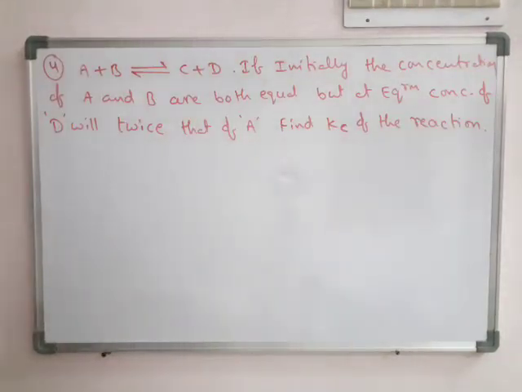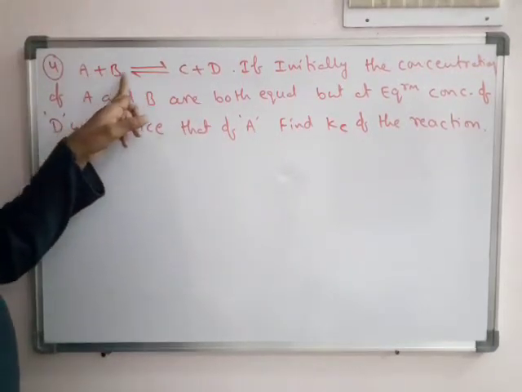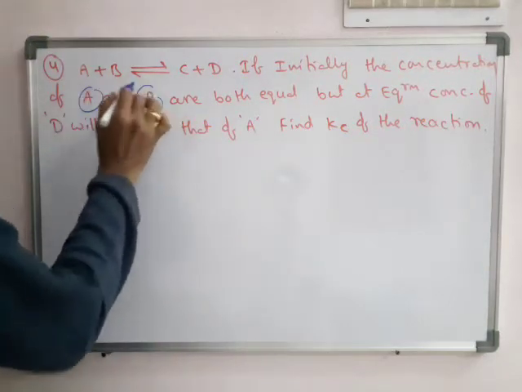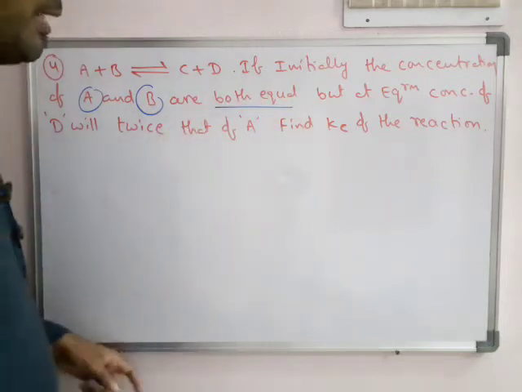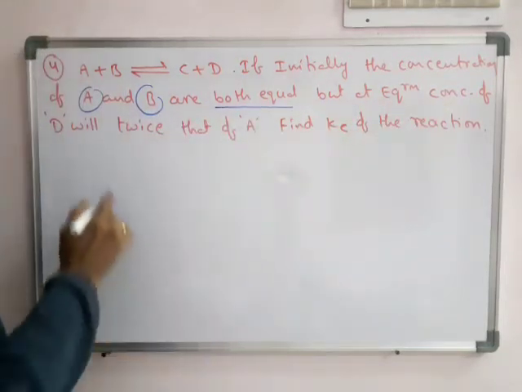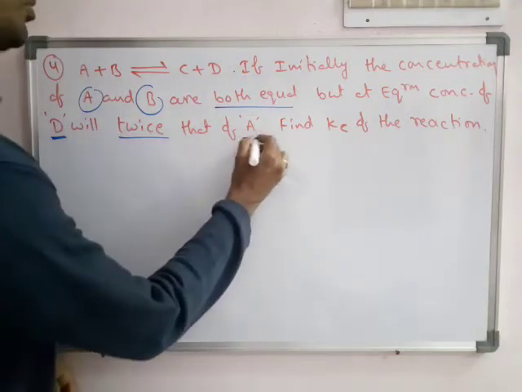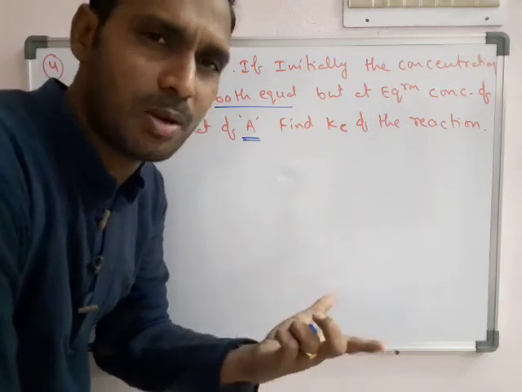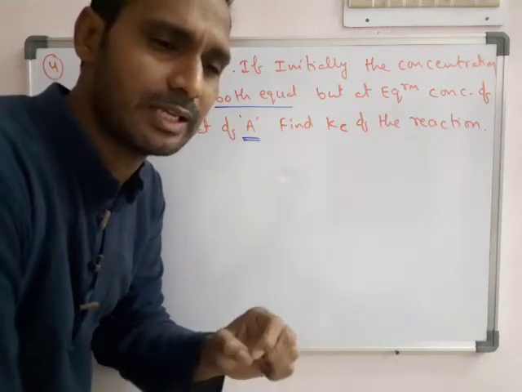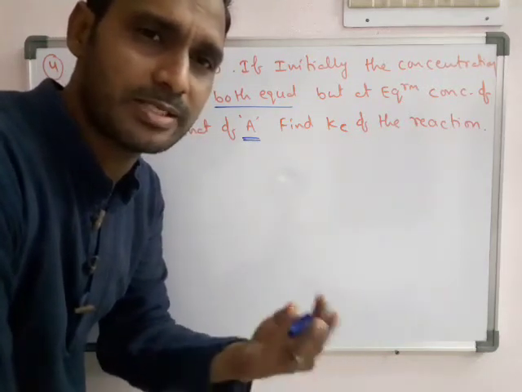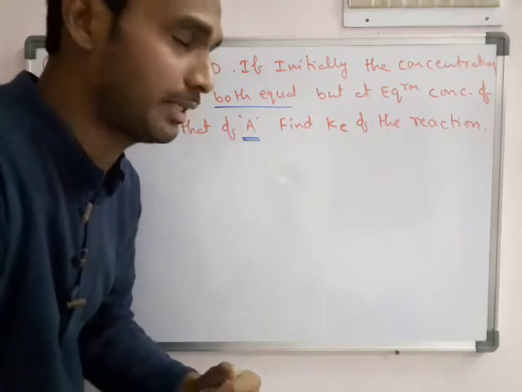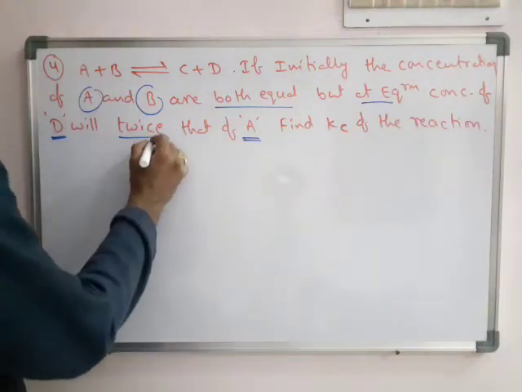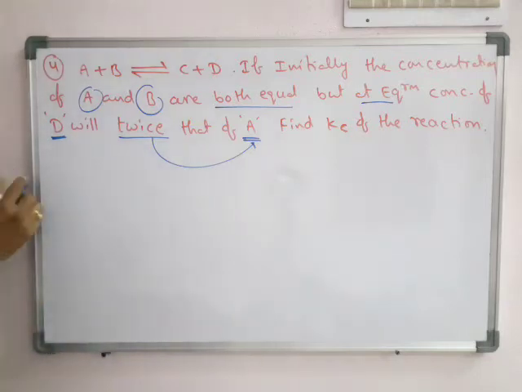Okay, see, there is a hypothetical reaction given, A plus B gives rise to C plus D. Initially the concentrations of A and B are equal, but at equilibrium the concentration of D will be twice that of A. To find the x value, or what percentage decomposed, or to find Kc, there will be a clue given, like 40% or 50%. In this one the clue given is that at equilibrium the concentration of D is twice that of A. With the help of that we are able to calculate